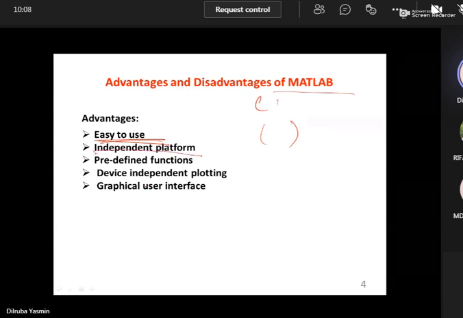So, independent platform. What is an independent platform? Somewhere you can see predefined function. So what is a predefined function? A predefined function is a function you can define earlier according to your way. That means you should follow the instruction, and you can choose a variable name